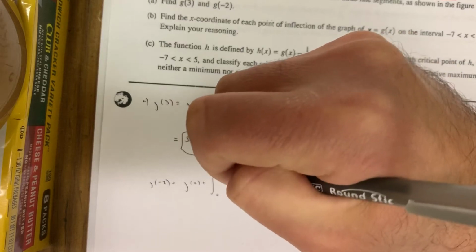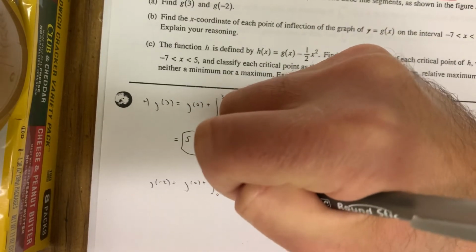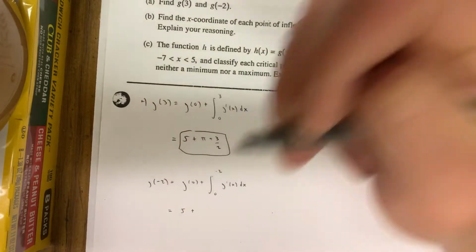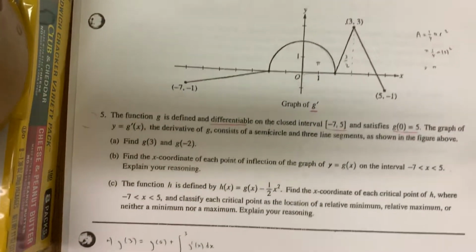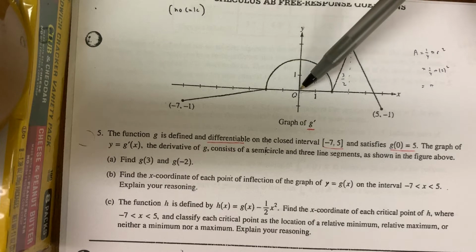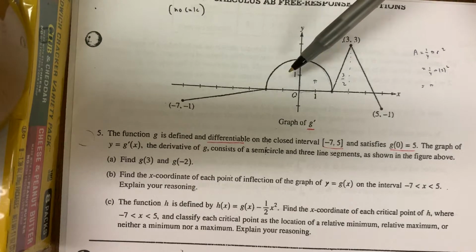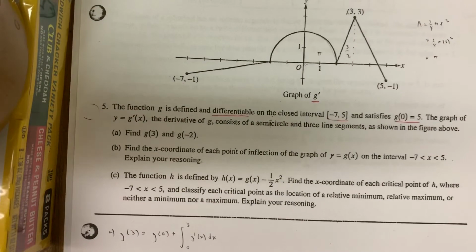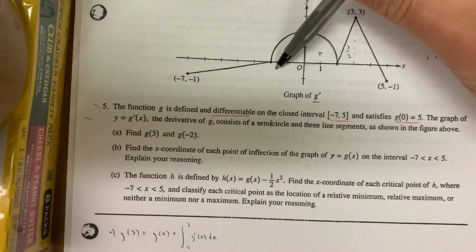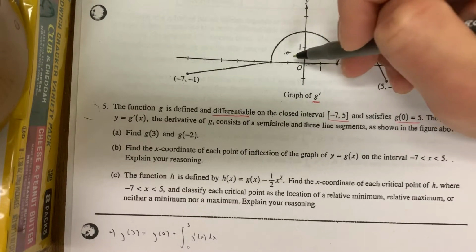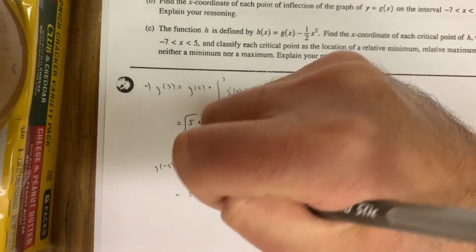Integral from 0 to -2 now of g prime of x with respect to x. We know g of 0 is equal to 5. No problems there. Plus, integral from 0 to -2. That means we're going from here to here. Okay, 0 to -2. Integrating backward the regions above, okay? If you integrate backward in the regions above, that's going to be negative right there. So we know it's going to be a negative right here, and it's just the negative of what this area is right here. And we already know this area is pi. It's just the quarter circle. It's the same as this one, so it's really negative pi. That's the integral, and whoop,